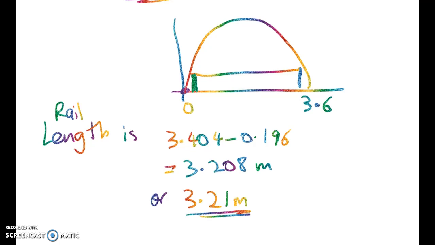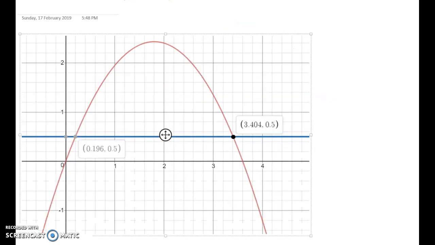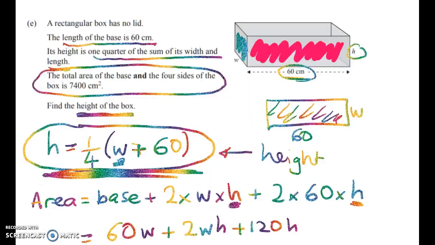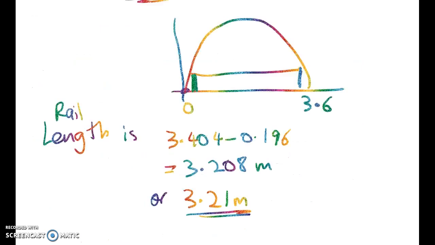Now don't go, because I just want to show you in Desmos how lovely this looks, and we can confirm that we've got that right. Okay, so this is my Desmos graph. There's my equation, and you can see our 2 points here where we've set y equals 0.5, and we've solved for that x value. Okay, and so that gives me my final answer. Whoops, lost it. Wrong question. There it is,